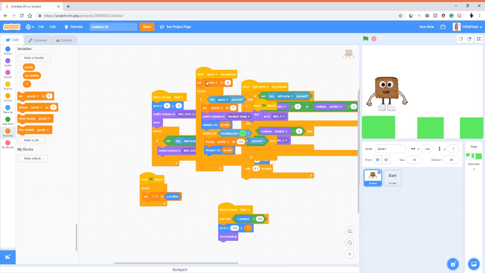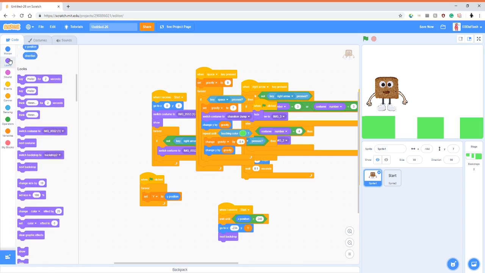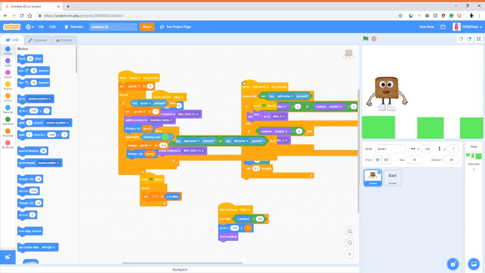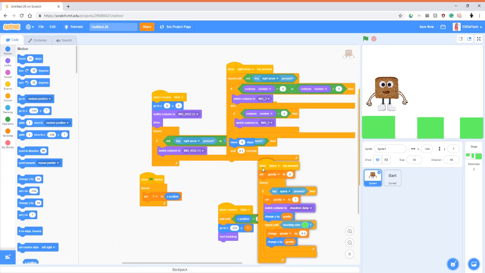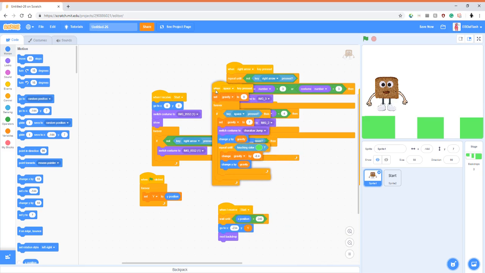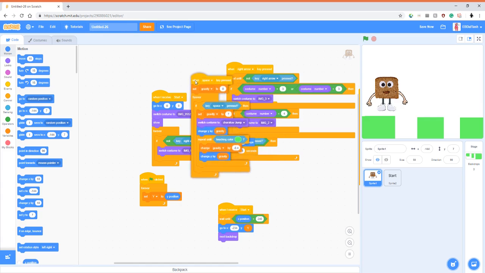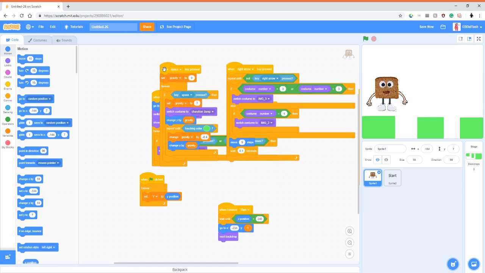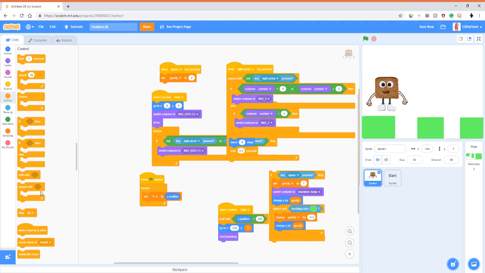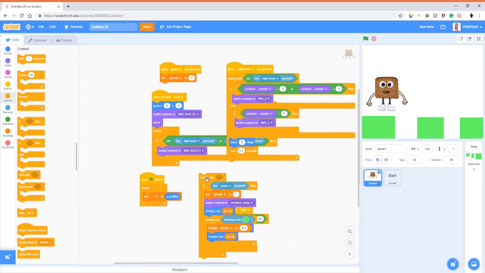So jump, and when space is pressed, just wait, let me just look at this. Oh yeah, so you see this forever. Before we do anything, we want to use a repeat until instead,